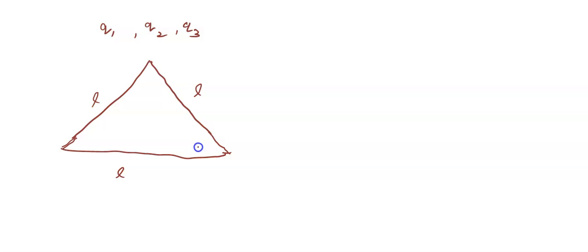Now it is asked what is the force on charge Q, capital Q, which is kept at the centroid of the triangle. So there is a charge capital Q and it is kept at the centroid. Now what is this centroid? What is the centroid of an equilateral triangle? The centroid is the meeting point of the three medians of the triangle. Now what do you mean by median?